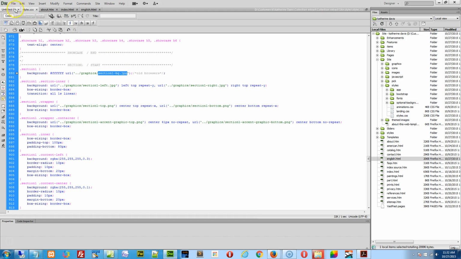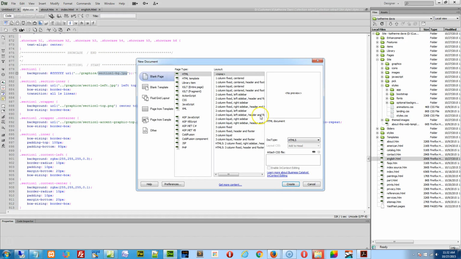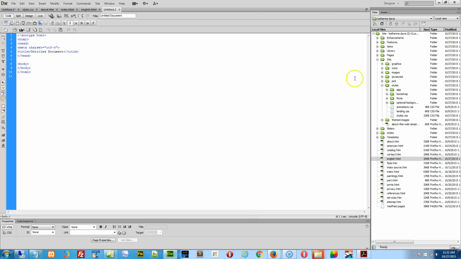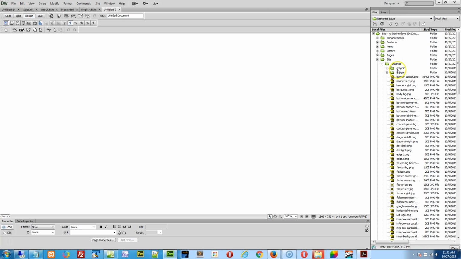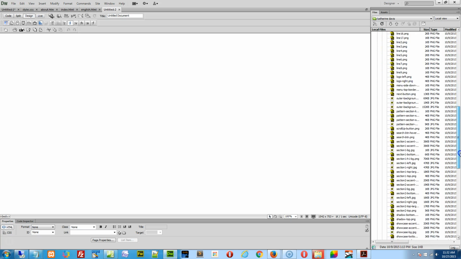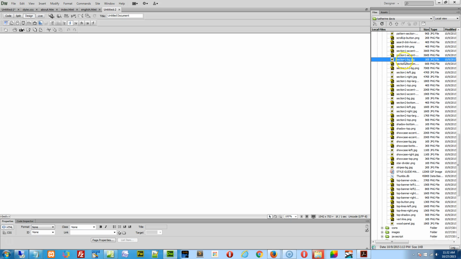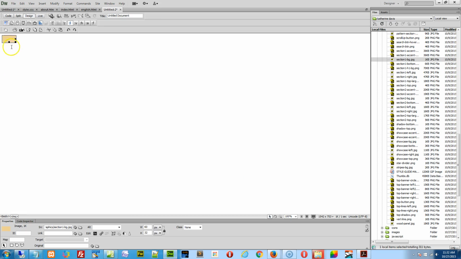If I were to create a new page, I'm going to go to the graphics folder and pull out the section 1 background. Sometimes you can take a look at just the folder here, or look at the folder through your file manager, and you can see some of the different colors coming up. There's the section 1 background graphic. If we just pop it onto a page, it's probably going to be a very, very small image. Yeah, there it is. But you see, that's the actual background color